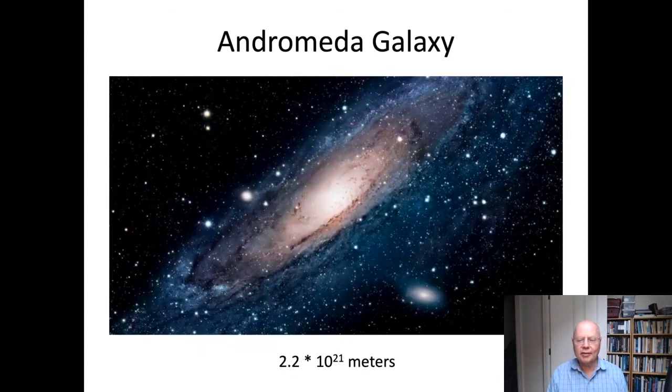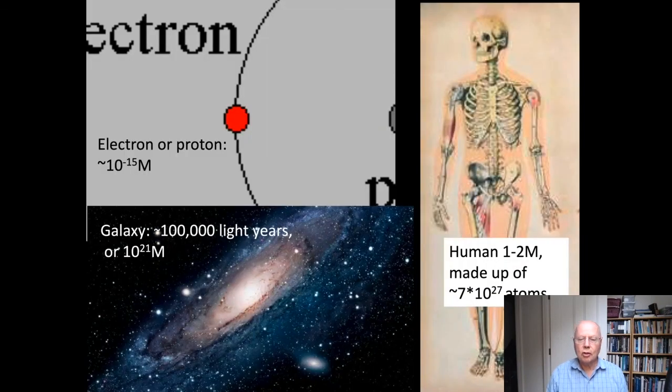We could show a slide of exactly the same size, which is the Andromeda galaxy. It's about twice the size of our own Milky Way. It's 200,000 light years across. That's 2.2 times 10 to the 21 meters. So on the same slide, we can show an electron, 10 to the minus 15th meters, a galaxy, 10 to the 21 meters,